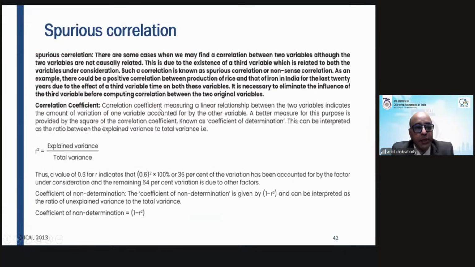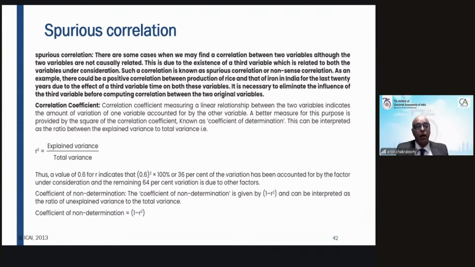So this is the last part of correlation, and we see correlation coefficient. Please remember that the square of the correlation coefficient is called the coefficient of determination. That is, if the correlation coefficient is plus 0.7, then the coefficient of determination is 0.7 square, that is 0.49. Okay, so that is called the coefficient of determination, and the ratio of explained variance by total variance is also